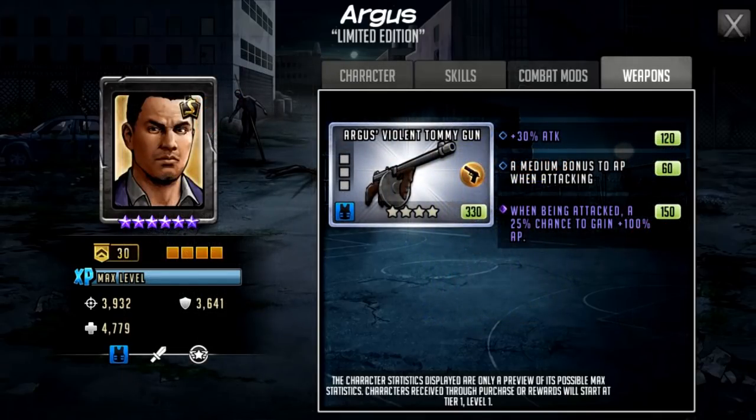So we've seen all the main parts of his kit. Now we'll go across to his weapon. Argus's Violent Tommy Gun. It has 30% attack. Unfortunately, I would definitely swap that out for defense or HP. A medium bonus to AP when attacking, and in this third slot, when being attacked, a 25% chance to gain 100% AP. We didn't see this happen, obviously, because other characters were getting focused,